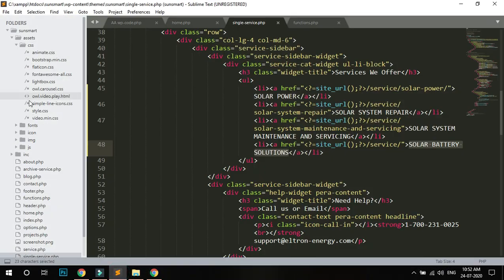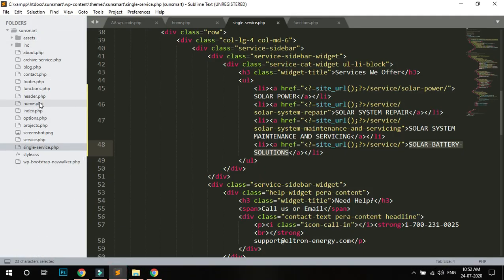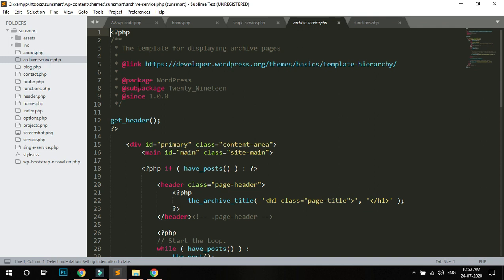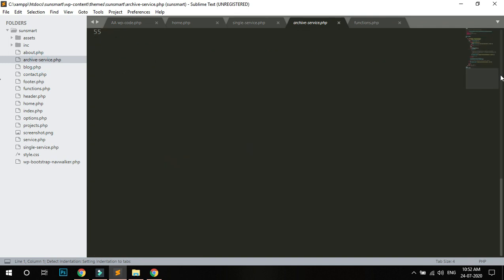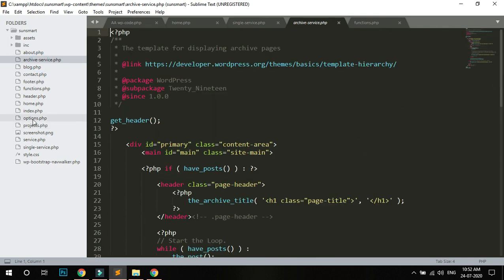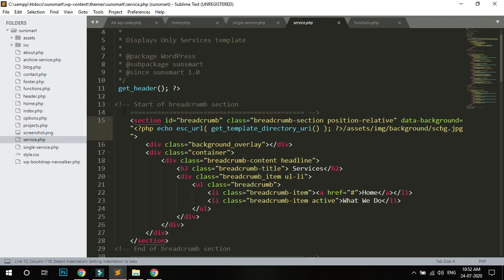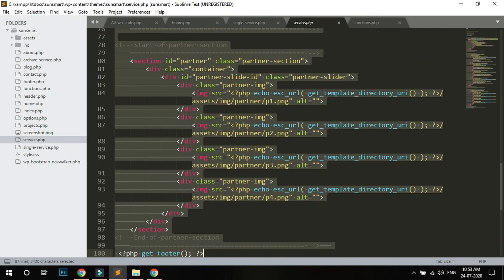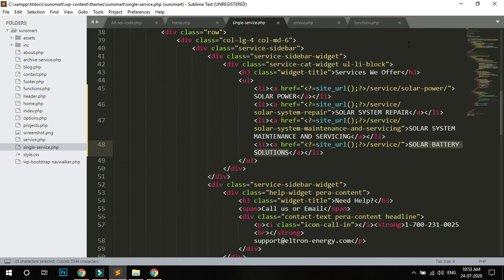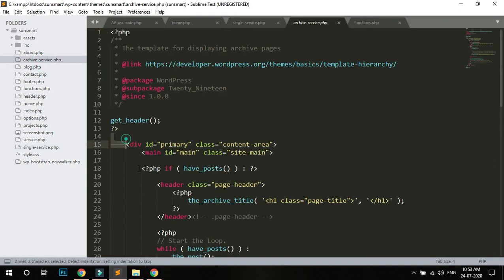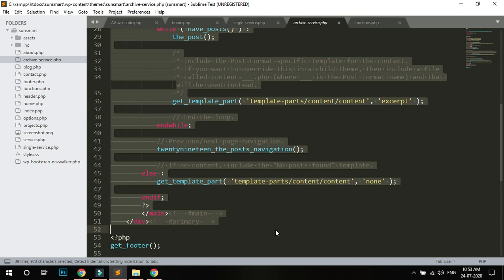Now this is the archive page. What I do, just copy the service page code here, the plus button, copy, and go to archive service, just paste here.